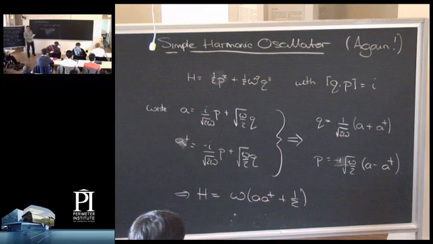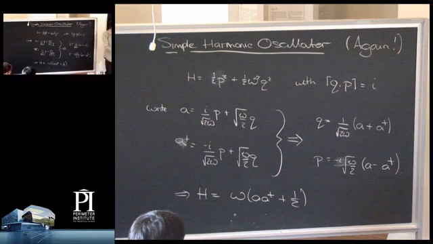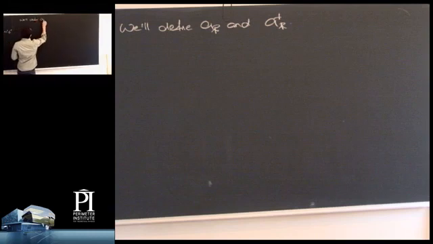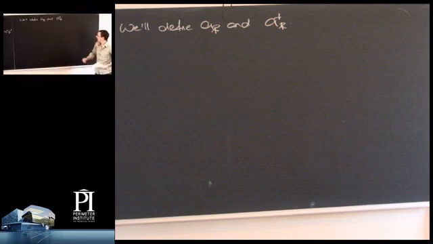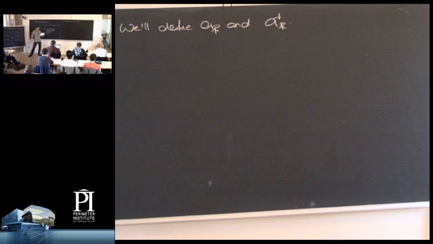Okay? So for the harmonic oscillator, you write a and a dagger. You define a and a dagger in terms of p's and q's. But of course, it's easy to invert that and get p's and q's in terms of a's and a daggers. So let me write down the analogous expression for the free field theory. We'll define an infinite set of creation and annihilation operators. They're going to be labeled by a 3-vector, which I'll call p. And the definition, I could give the definition either way, but it's going to be easier to do it this way. So the definition is that I'm going to write phi of x as